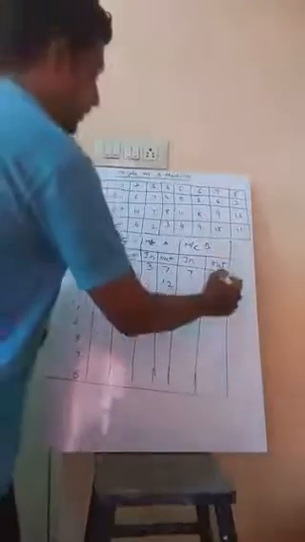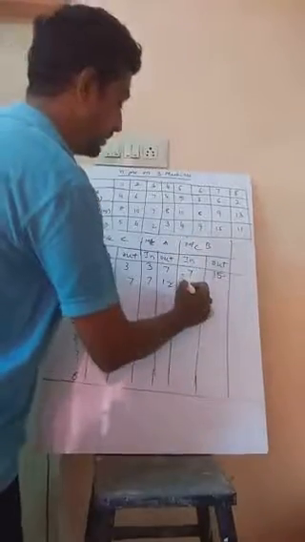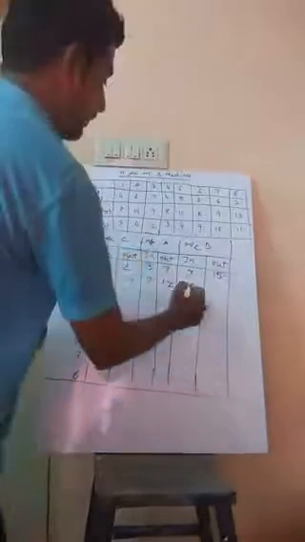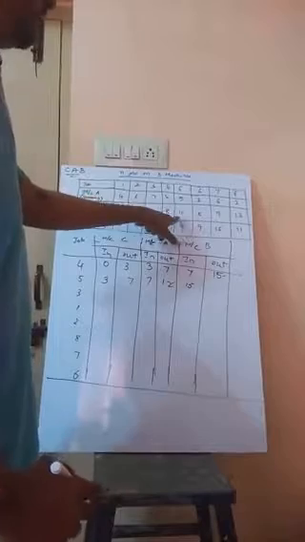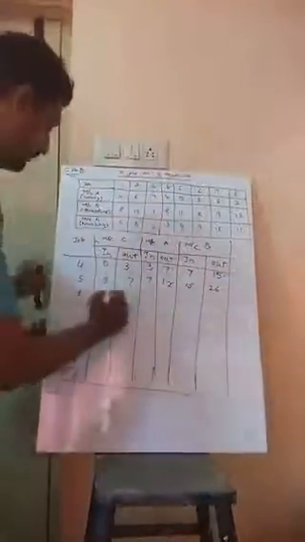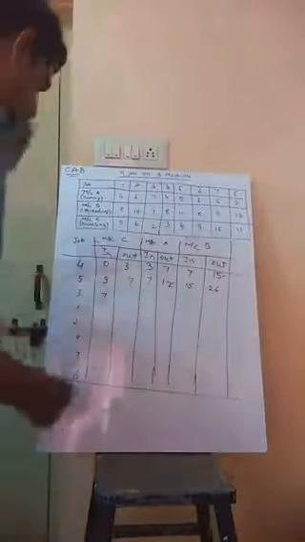Okay, we need to look at these two. In these two, whichever is more, that must be taken into consideration. That is, for the in time of job 5 on machine B, it is 15. For job 5 on machine B, it is 11 here. That is 11 plus 15, that is 26. Do the same thing for all the jobs here.